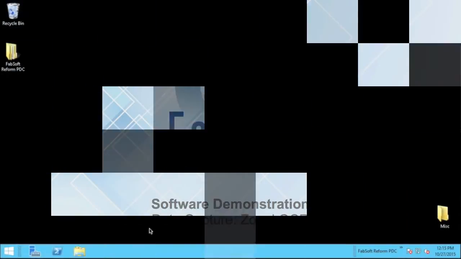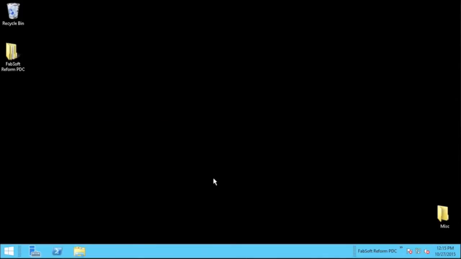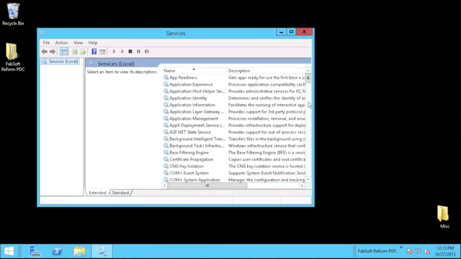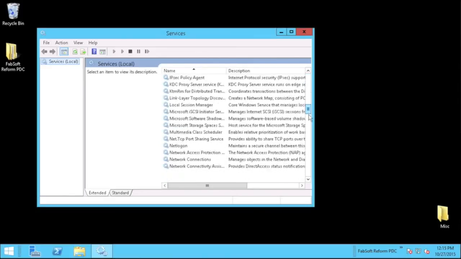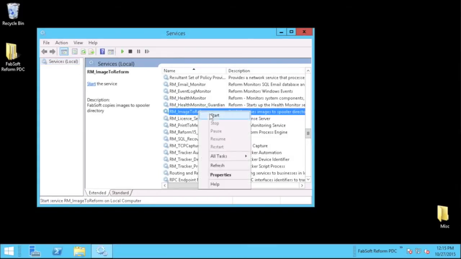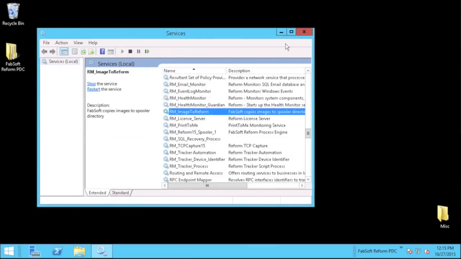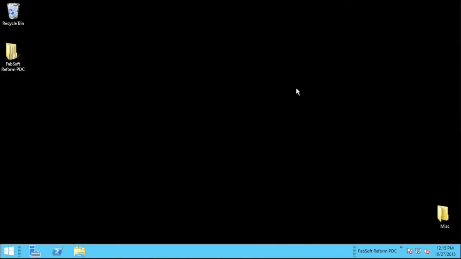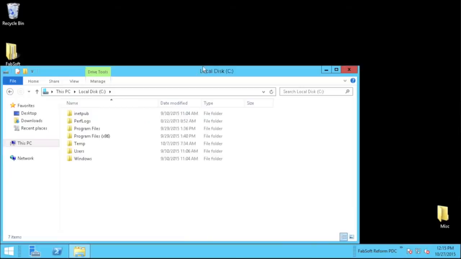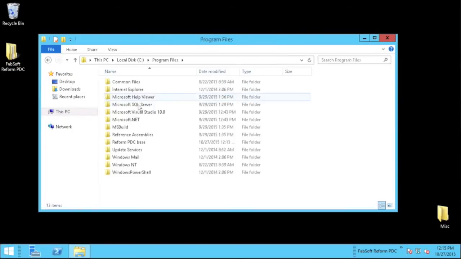plugin. By default, this plugin is disabled, so you have to enable the service. It's called rm_image to reform. Start the service. If we go to the reform directory, the actual plugin is located in reform,